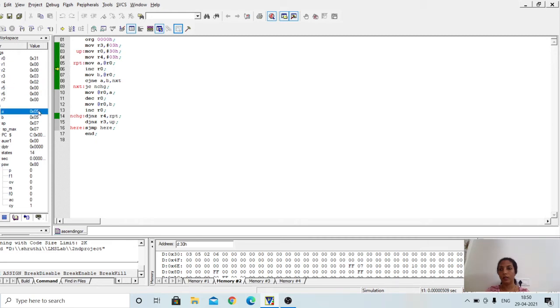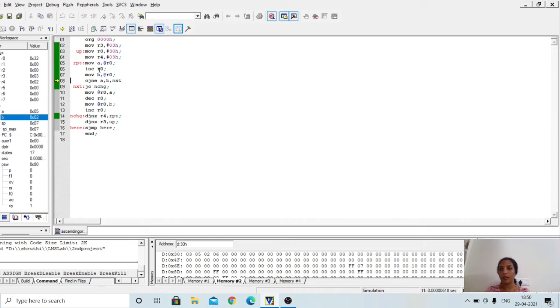So accumulator content becomes 5, and R0 is incremented to point to the next location, that is 32H location. The content at that location is copied to B register.